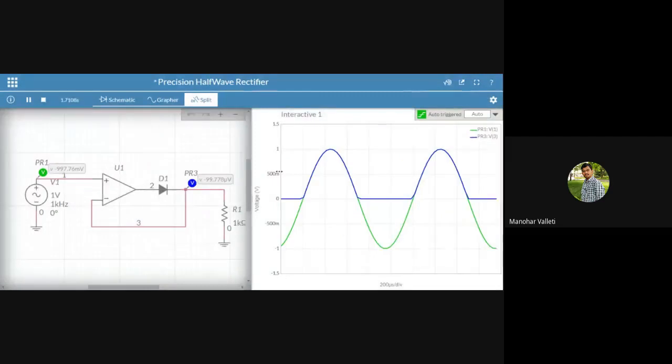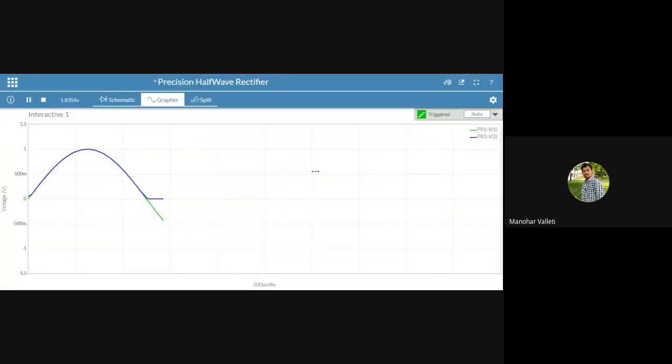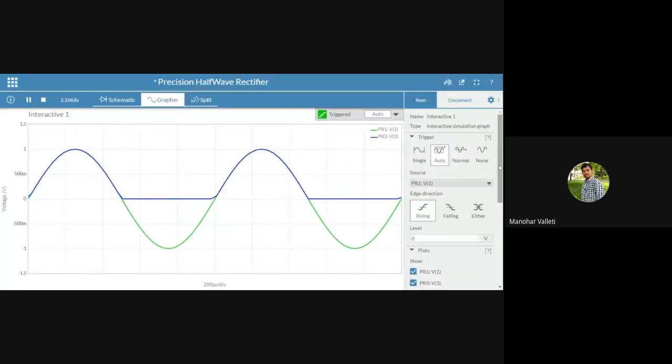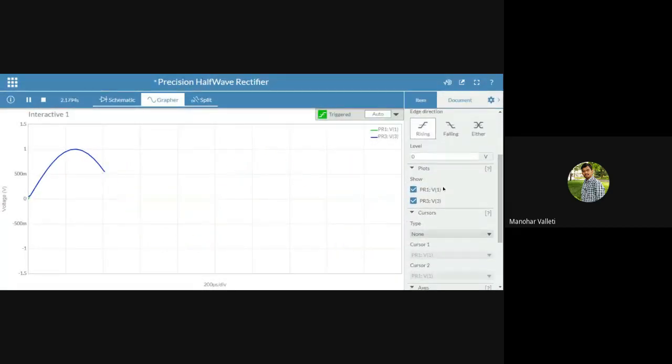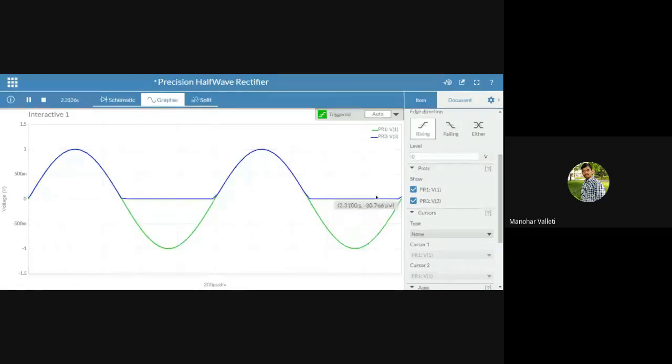So here I am showing both circuit and graph. So I'm going only for graph now. You just see, I'll go for settings. Here the settings are there. So see here V1 and V3, two signals. As you know, blue color is output and red color is the input. Or if you want to name it,